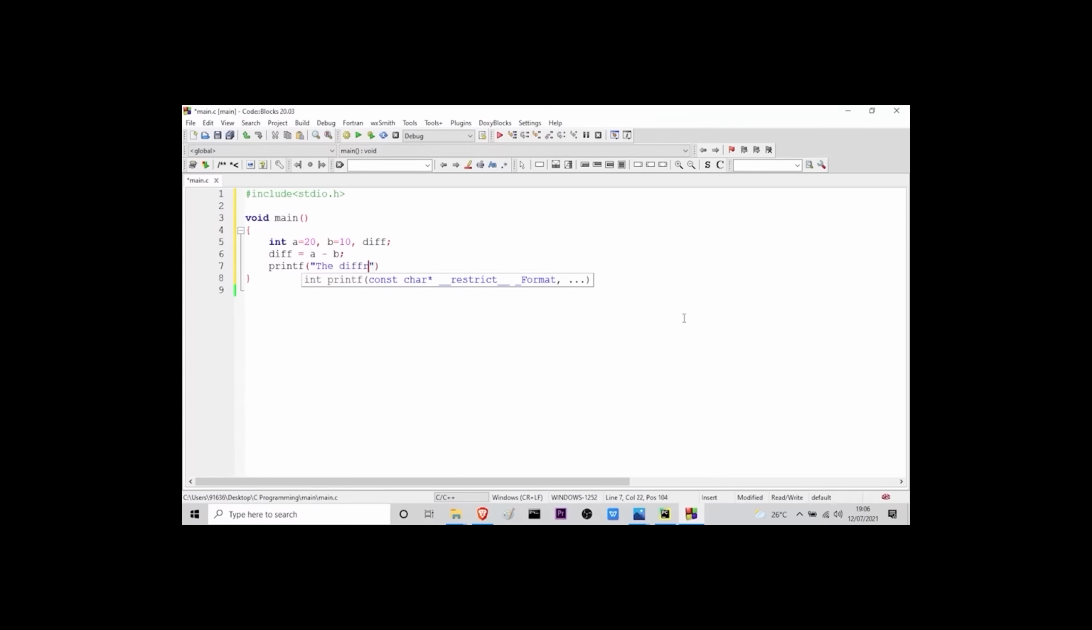The difference is %d, so that I can read the variable, and here I will call my difference variable with the semicolon. So this is as simple as that. This thing is done. So I will be running this so that I can show you the output. So here I am running it,